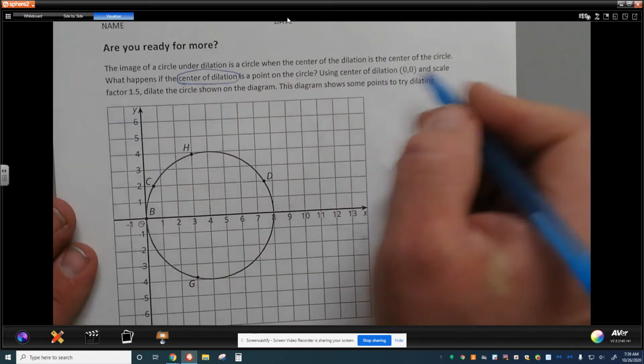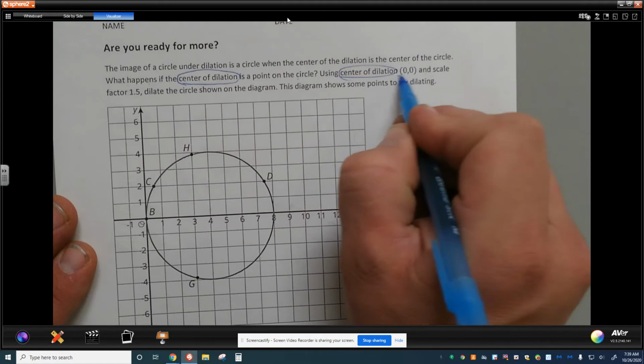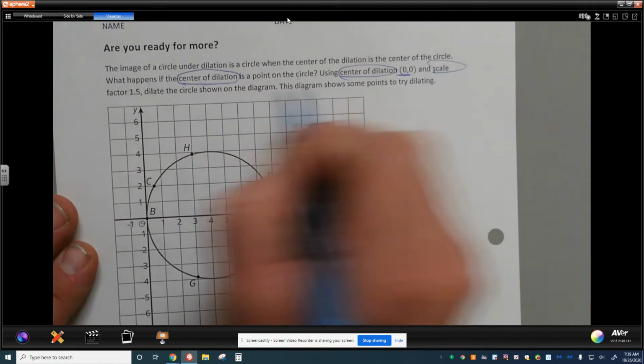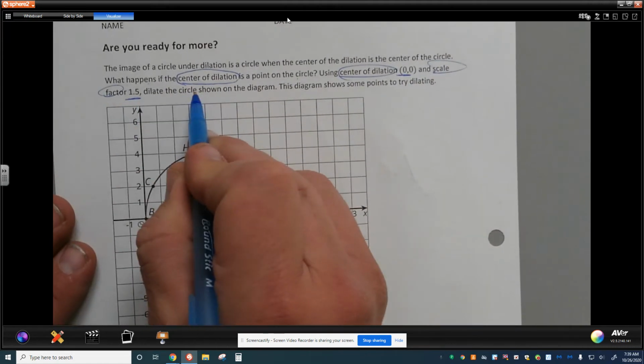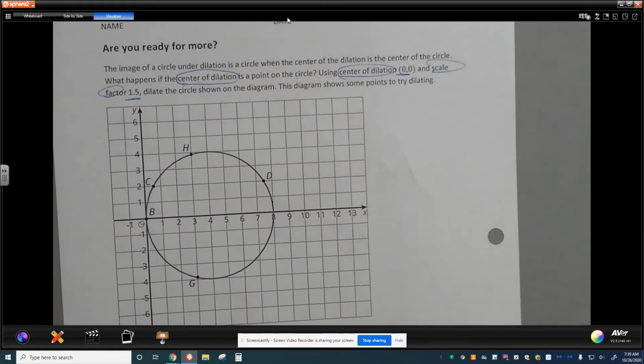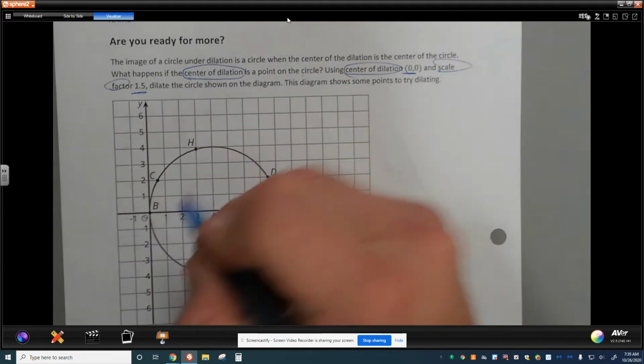What we're going to do right now is use center 0, 0 and a scale factor of 1.5. So here's our center of dilation 0, 0, scale factor 1.5, and we're going to dilate the circle as shown on the diagram. And we have a few points that are going to help us. Let's see how that works out for us. When we look first at point C,